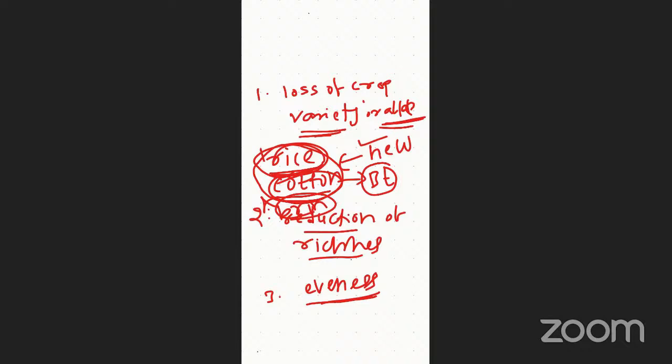Is it clear? Hello? Hello? Yes, sir. Right. So, a drawback in this use richness as a criterion for genetic erosion is that very